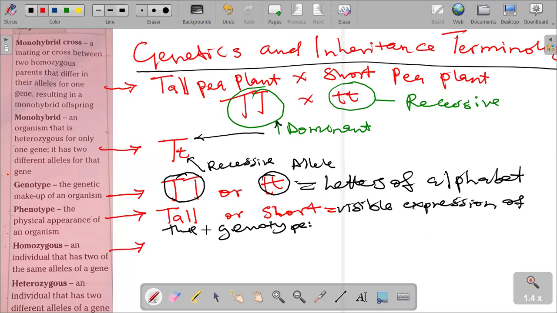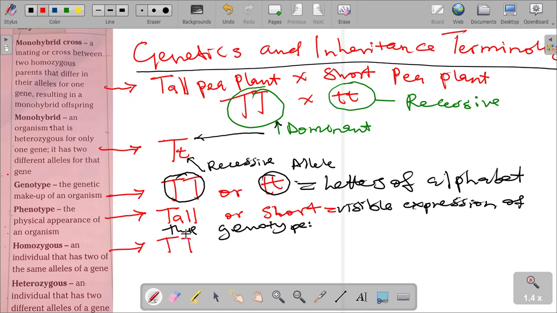Homozygous refers to an individual that has two of the same alleles of a gene. In terms of the genotype, homozygous represents an individual with two of the same alleles,